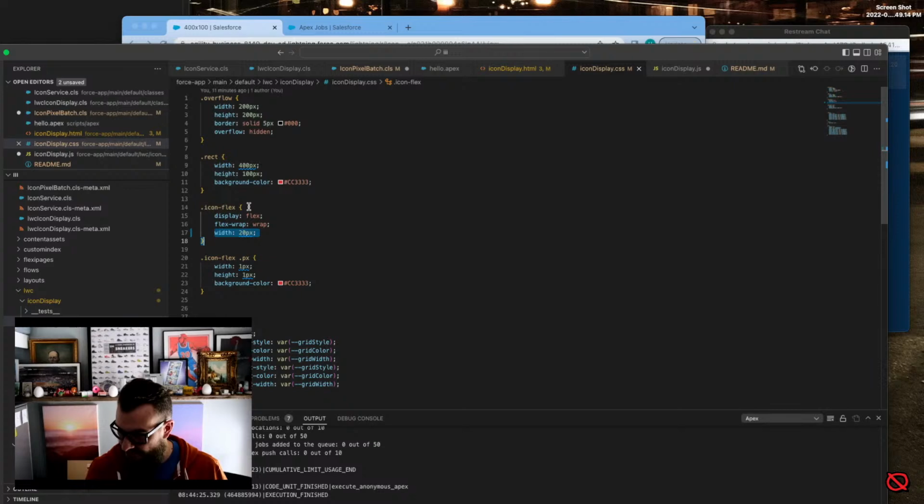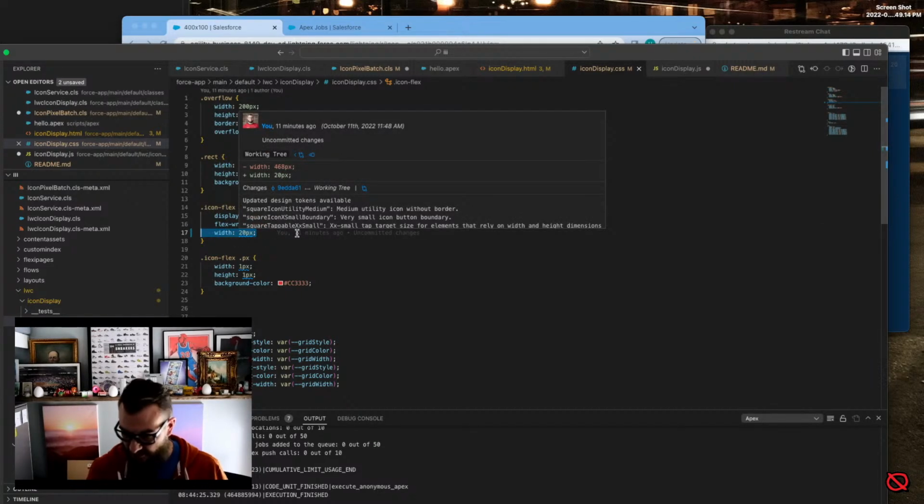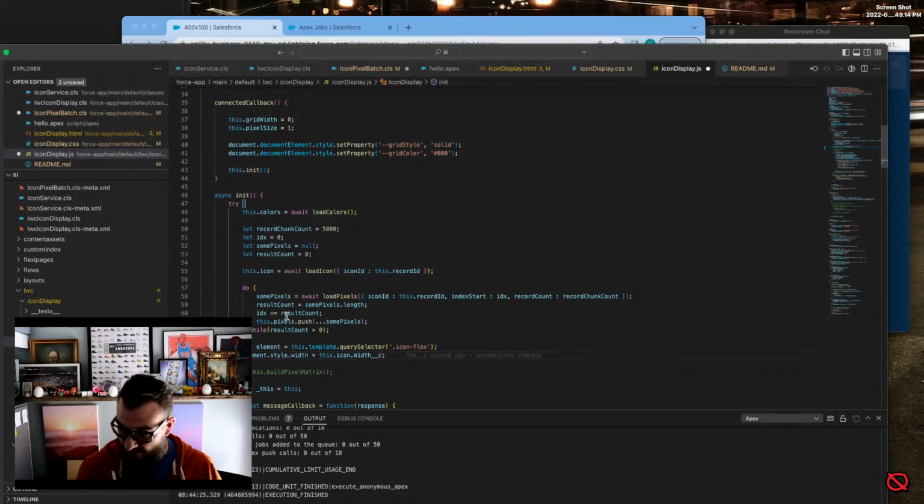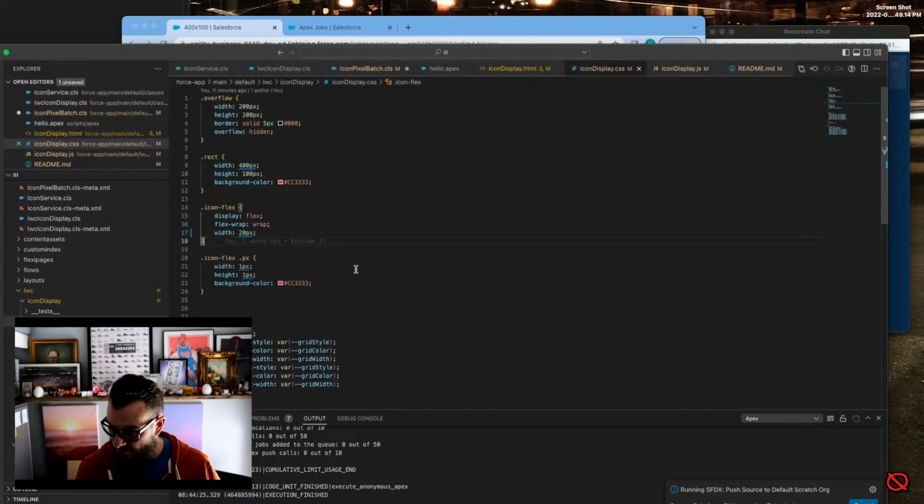So that should take care of this setting. I'll leave that defaulted to 20 and let's make sure that it actually changes here. Am I looking at that right? Icon flex. Yep, good. Then the next thing we'll need to do, because they all look like they're a red background right now, so we'll change .px to,